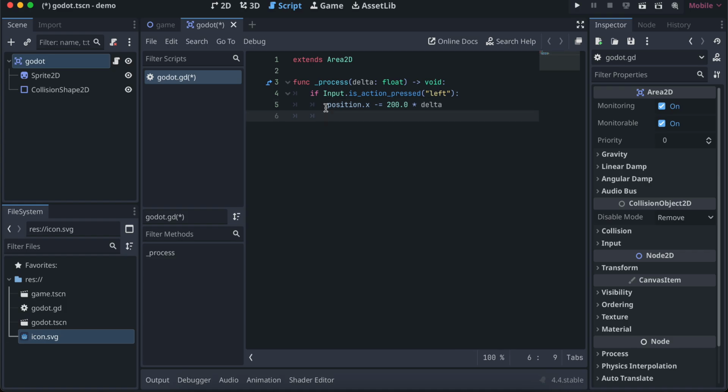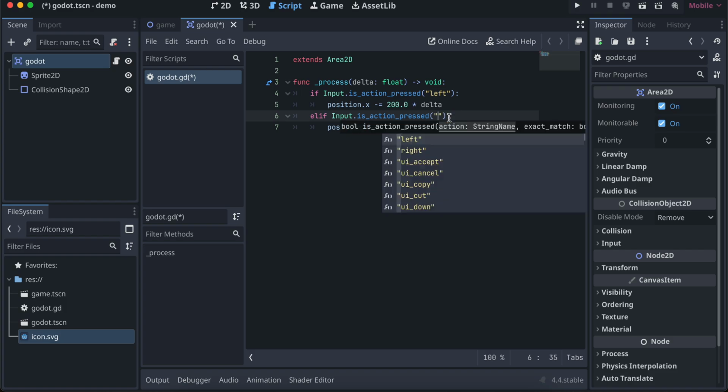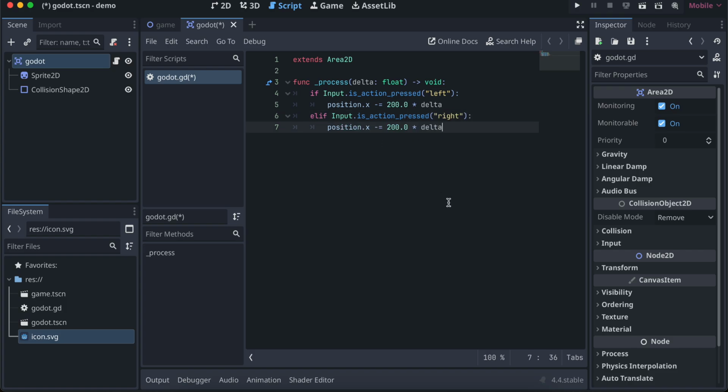Okay, similarly you can do it for right as well. So I'll just copy this. You can either use an else if clause or elif clause or if clause. I'll just use an elif because I don't want the user to press both of this simultaneously. And here you can see right arrow, right key, and here we can just do, I think, plus,